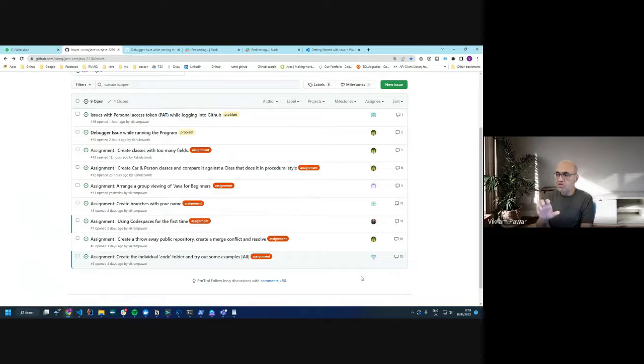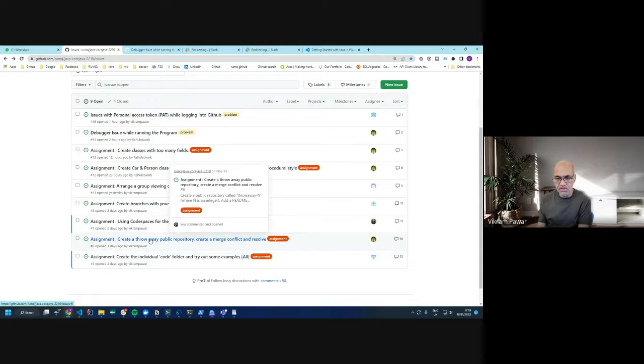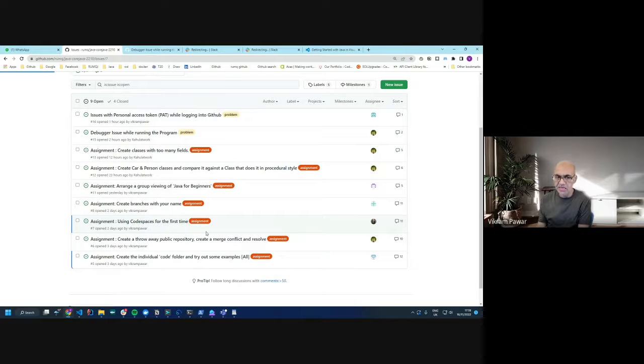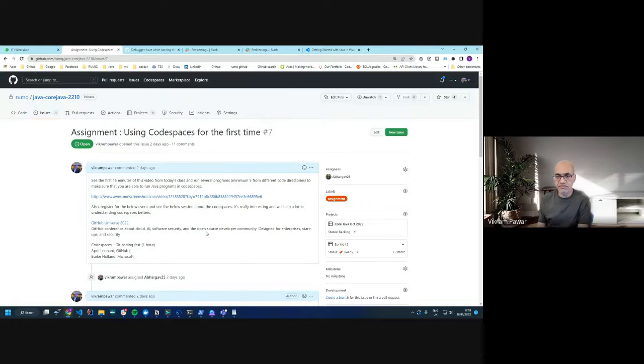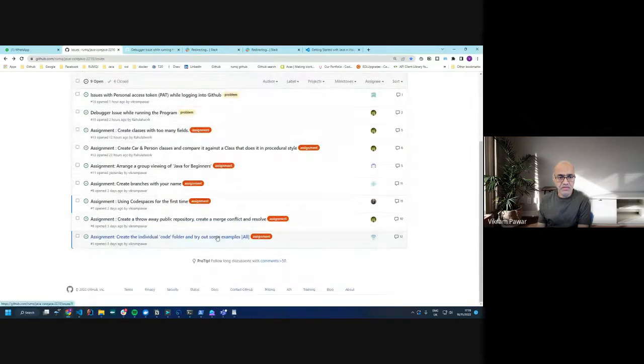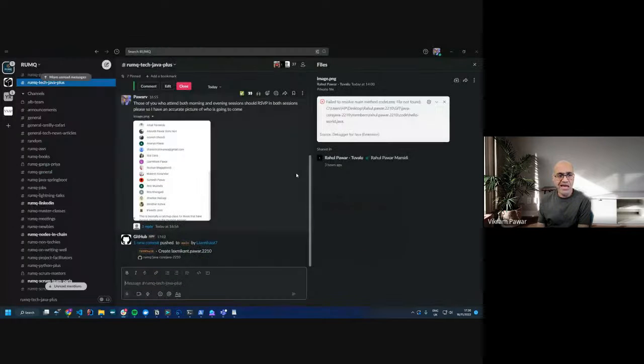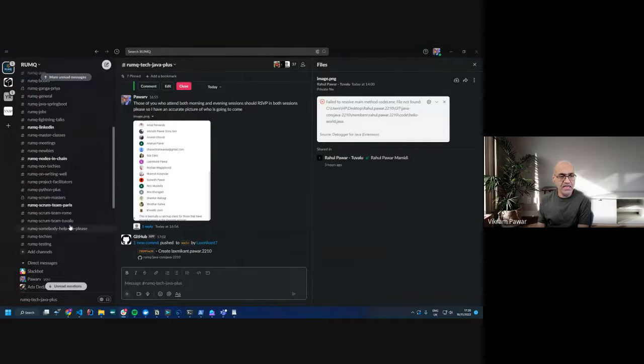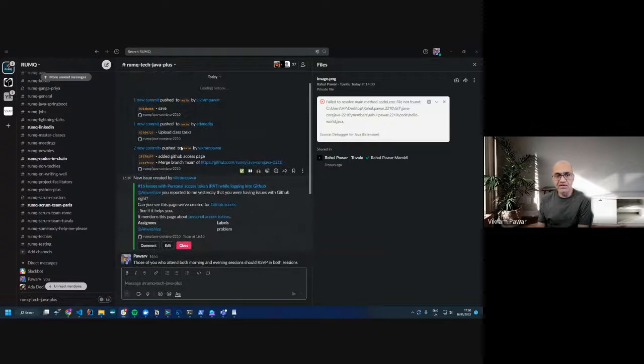Whatever happens in the REMQ journey has to happen publicly so that I can actually see it. Until now, Slack was this mechanism. Now it has to happen here. For example, if you are not able to do this, ask a question here and get them to do this here itself. Okay, and I've also done one more thing. You may have noticed, I have linked this channel to GitHub. So if you create a new issue or if there is a commit, you get automated messages like this.